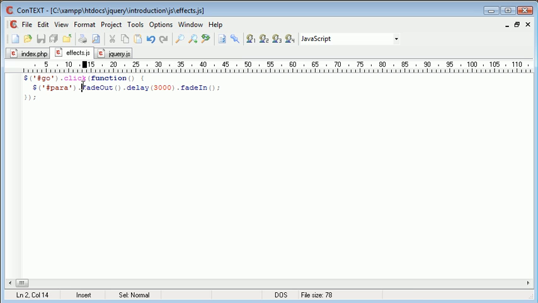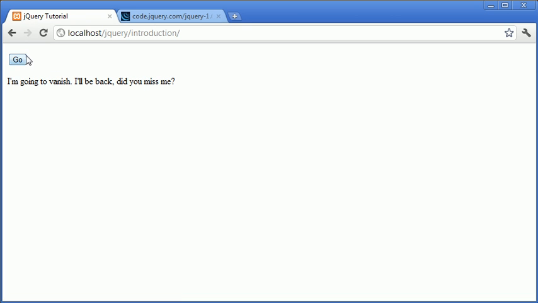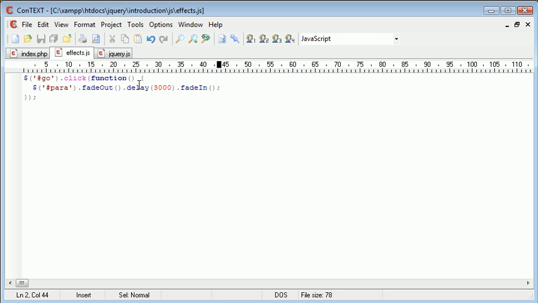By doing this, we're running the fadeOut function, which is setting the opacity of the element gradually to 0. Delay then holds this animation for 3 seconds, and then it will fade back in, back up to 100% opacity. So let's go ahead and refresh, click go. You'll see we wait about 3 seconds, and then it will fade back in again. Like I said, this delay function can be used with a variety of other functions and effects, and essentially just pauses in between